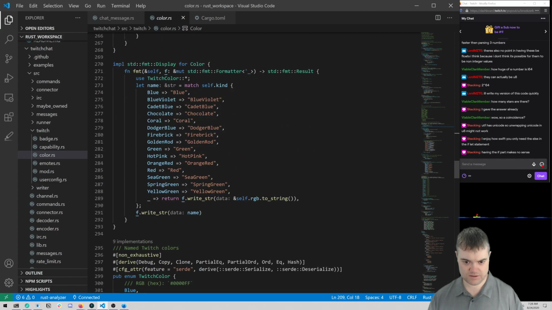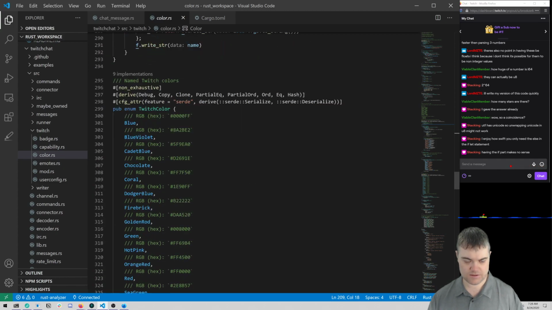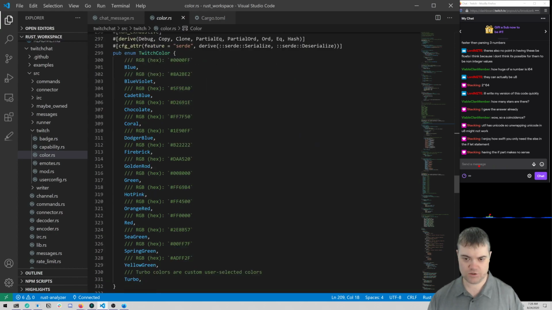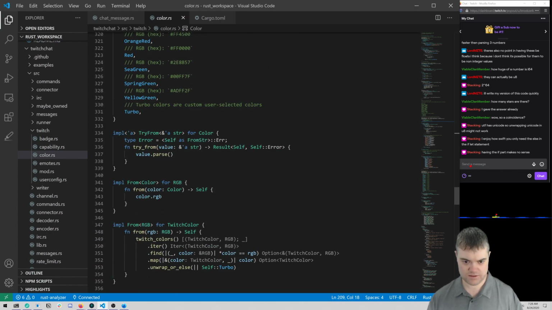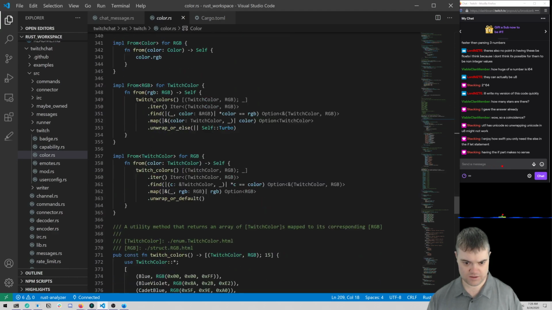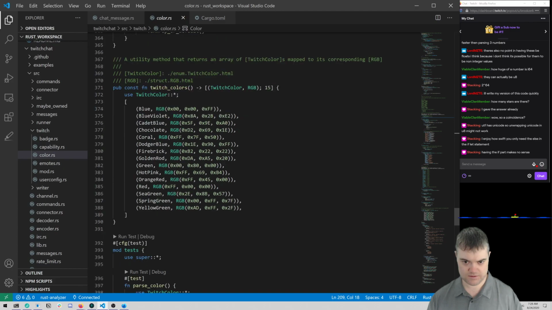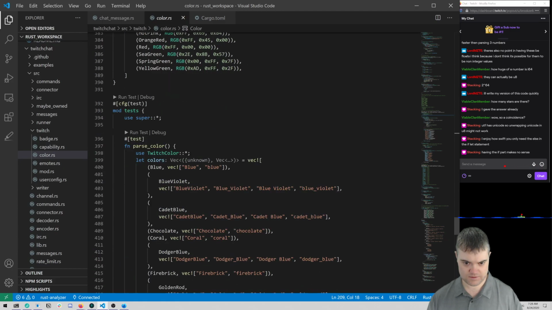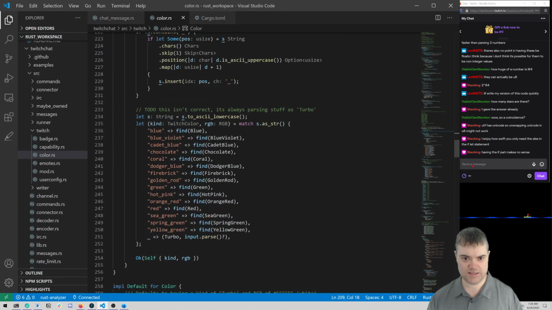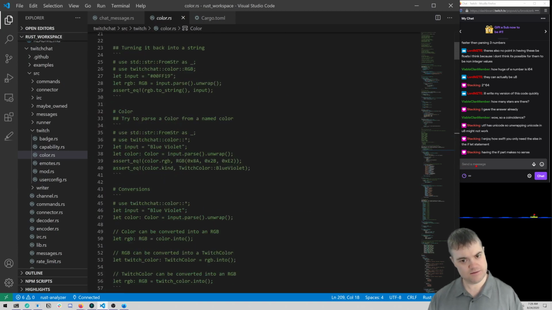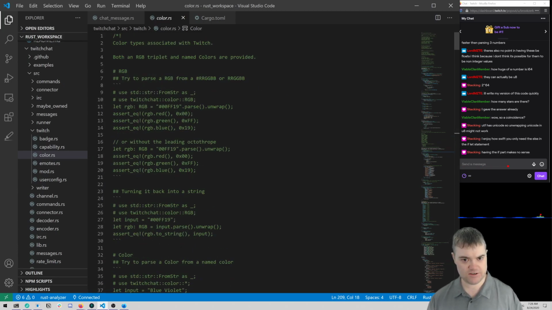So hold on. TwitchColor try from color. Okay, where's the... I'm curious how you're storing these.